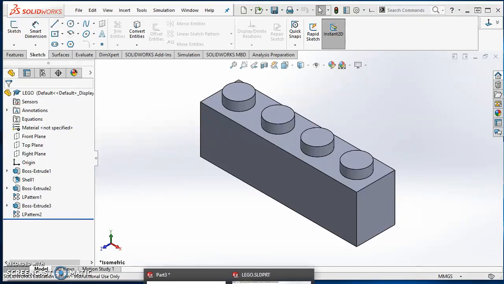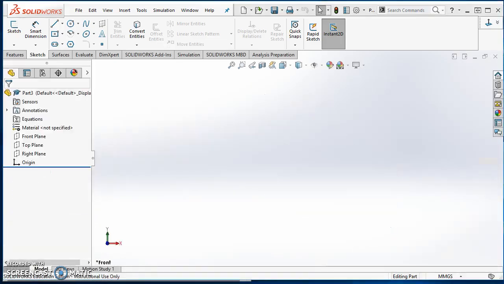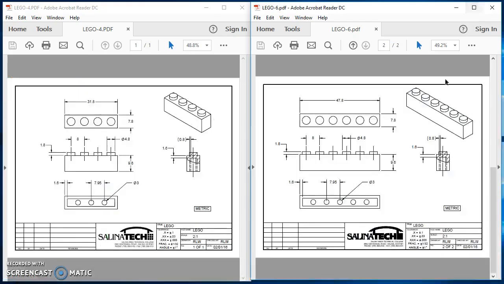So for instance, here's a couple of drawings of Legos. So our 4-post Lego and our 6-post Lego. The only thing that changes is 31.8 is now 47.8. We've got 6 posts on the top, 5 posts on the bottom, compared to 4 posts on top and 3